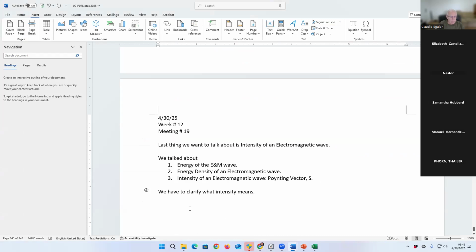It's a very useful quantity. The definition of intensity is the power per unit area perpendicular to the direction of propagation of the wave. Okay,